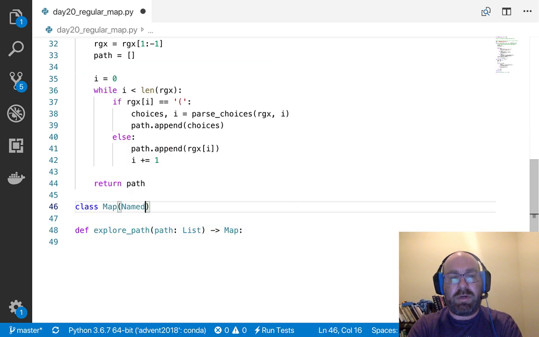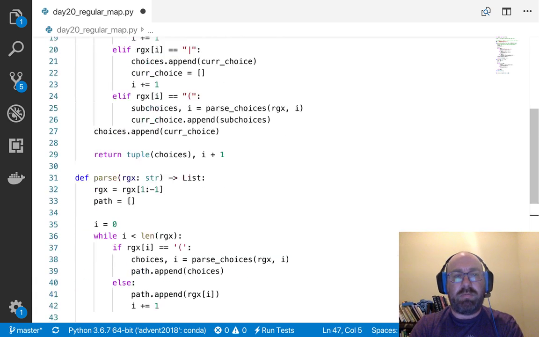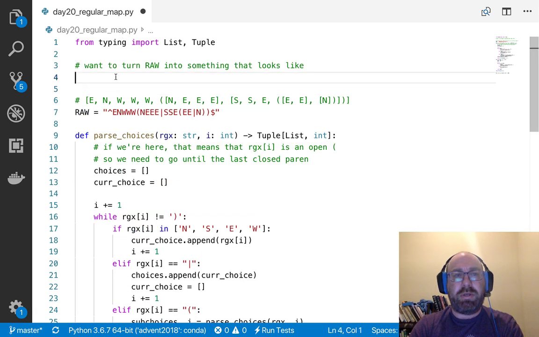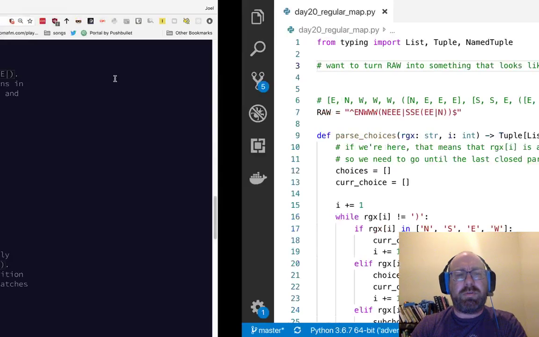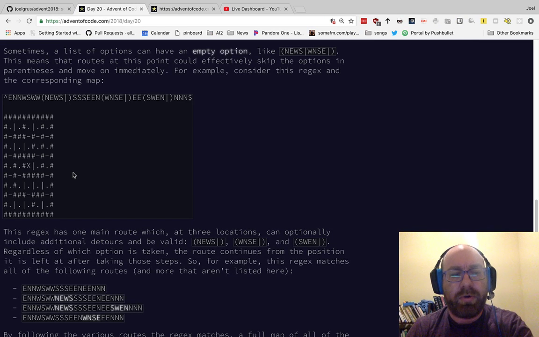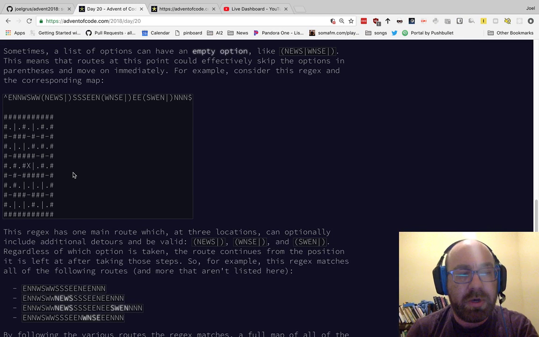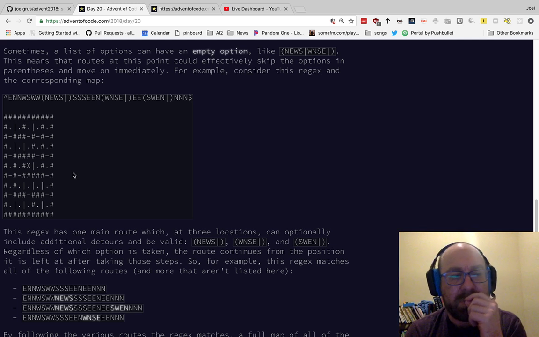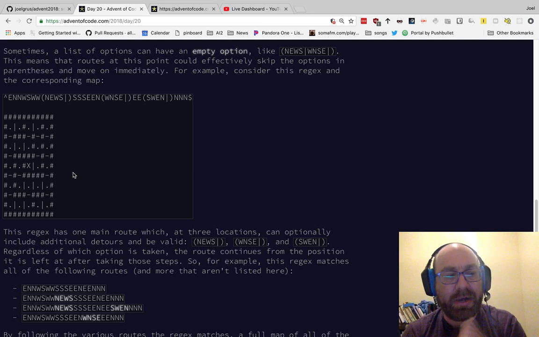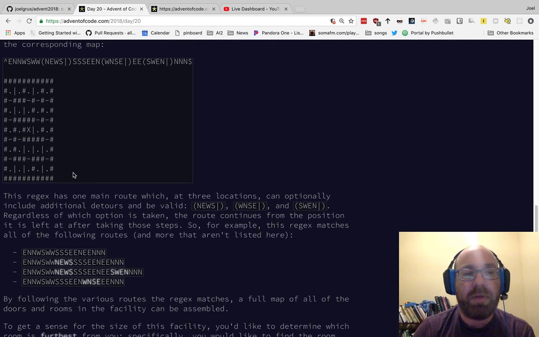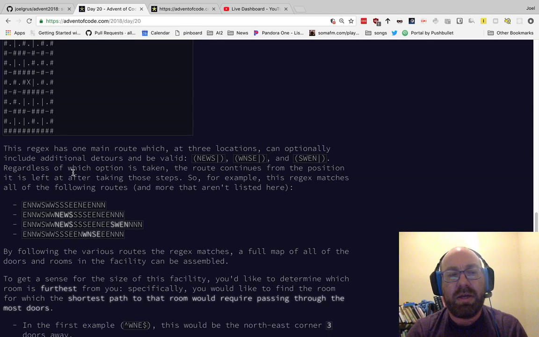Class map named tuple. So it is going to return... basically I'm going to start somewhere and go to a bunch of places, right? So I'm going to do a couple of things. One is I'm going to give each of these a bunch of coordinates that are relative to where I started. And the second is I'm going to keep track, and I'll call those nodes. And then I'm going to keep track of the edges